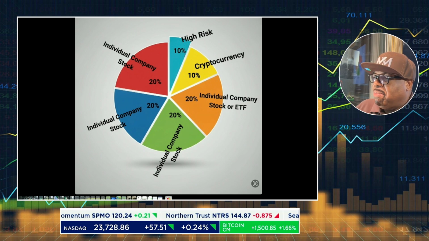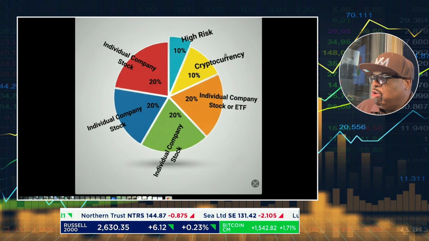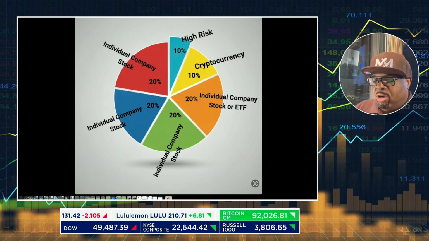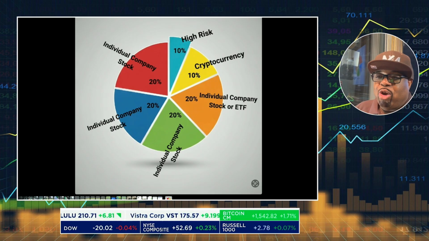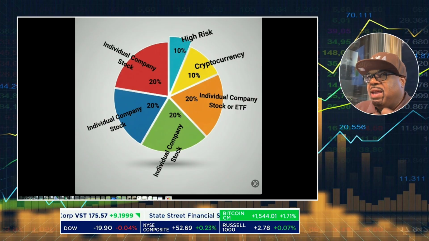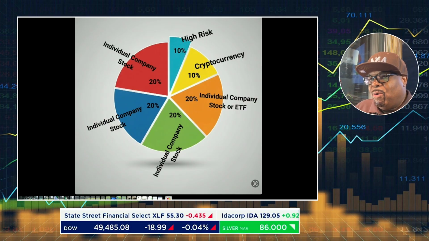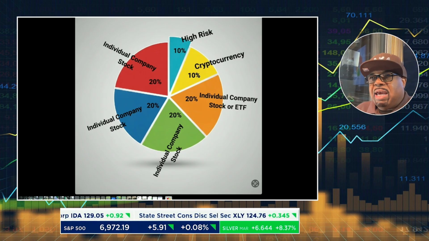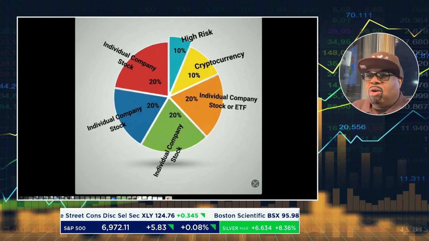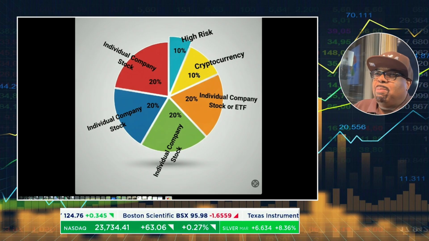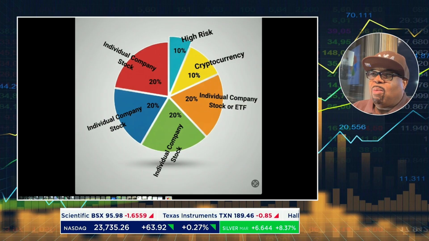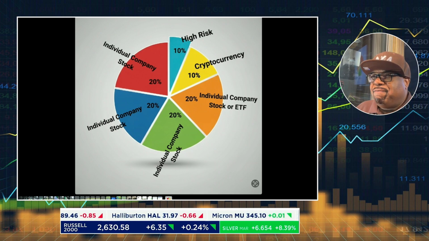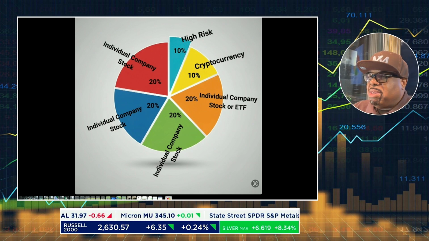Now, the last part of my pie chart right here is cryptocurrency, which I would allow 10% of my portfolio in, 10% of the total value of my portfolio. So if you're dealing with $1,000 in your portfolio, then 10% of that should go towards cryptocurrency. I didn't do that yet because I want to build my portfolio up a little bit more, so that I can get equal parts. Probably once we get to around maybe $1,300 to $1,500,